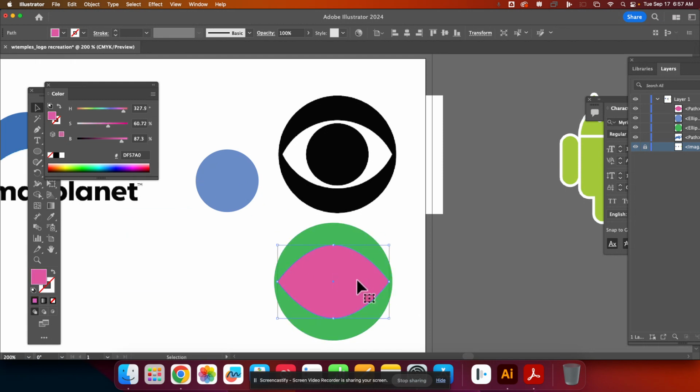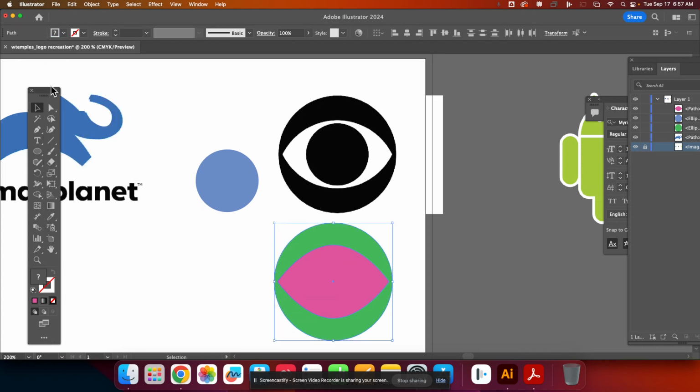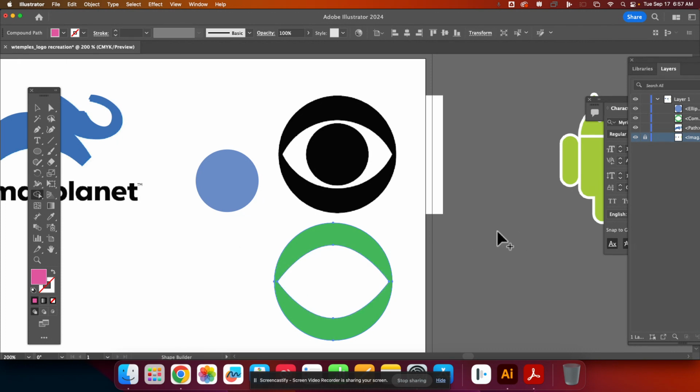So what I'm going to do is cut this shape out of this circle. So I'm going to select both of my shapes. I click and drag across to select both of them. And then I'm going to use my shape builder tool. So that's this one. If I hold the option key, you can see that it changes from a plus to a minus. Okay, so what I'm going to do is just click and drag like I'm drawing a line